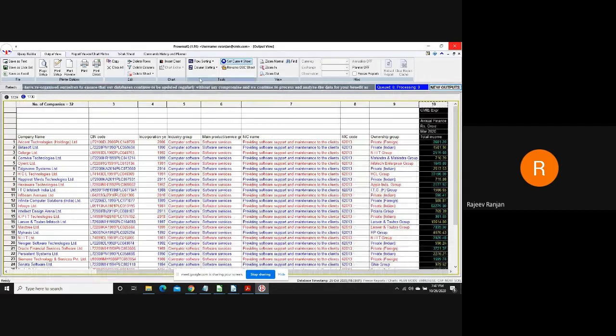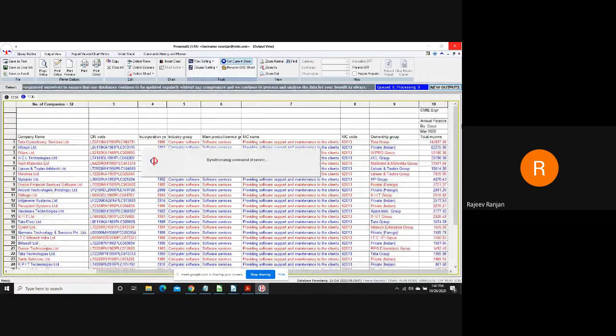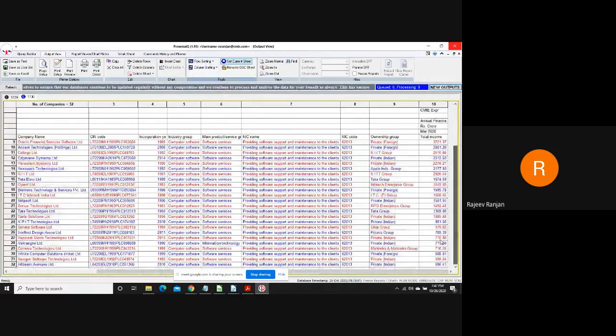If I sort them in descending order, I can re-verify and cross-check. So 596 is the lowest number.